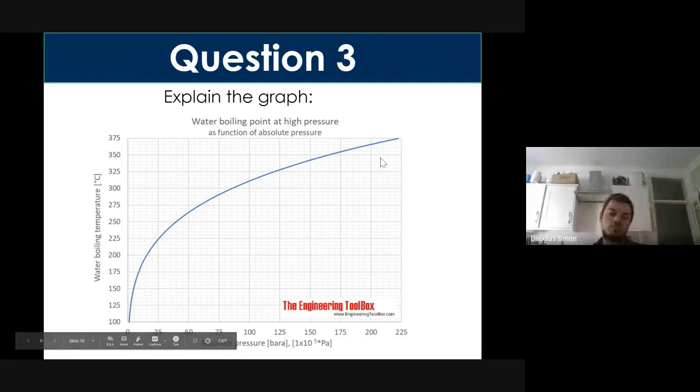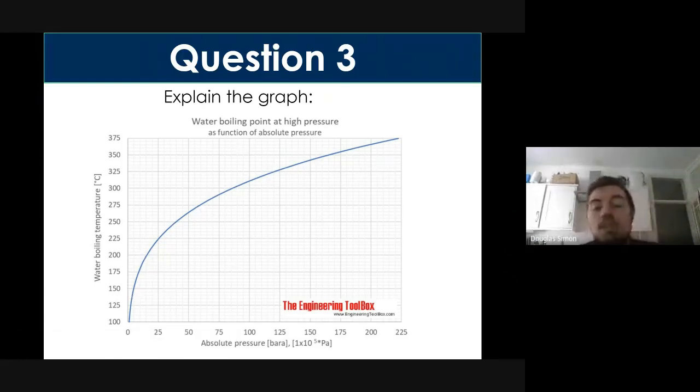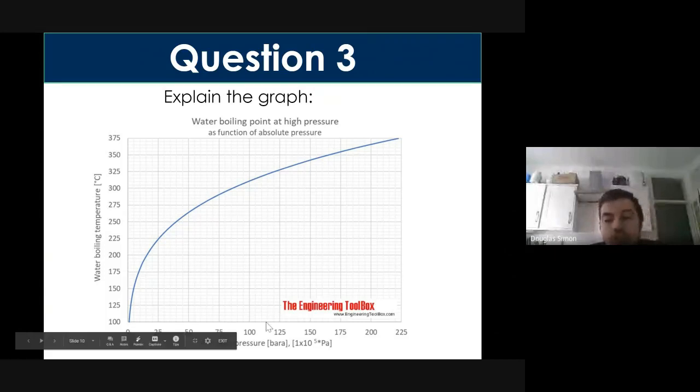Why is that? Well, the higher the absolute pressure, and that just means the pressure outside the water, the more gas particles from the air are bombarding the water surface at a given moment. So what are they doing? They're basically hitting any water molecules that are trying to evaporate from the surface and forcing them to stay back down, essentially. So as we increase the pressure, there's more force almost keeping the water molecules down